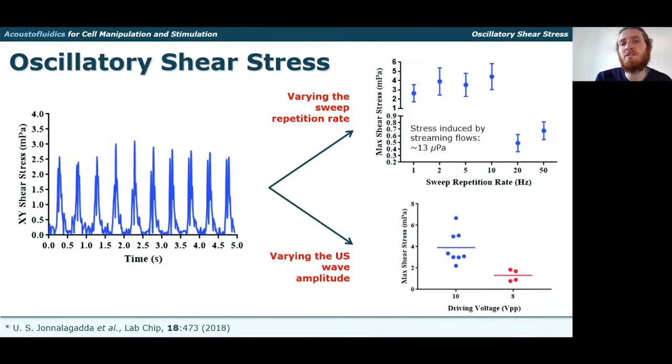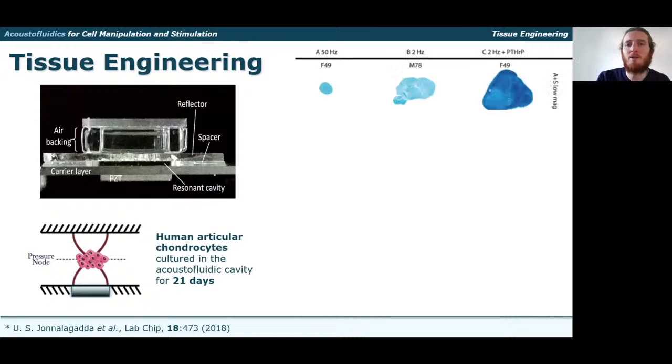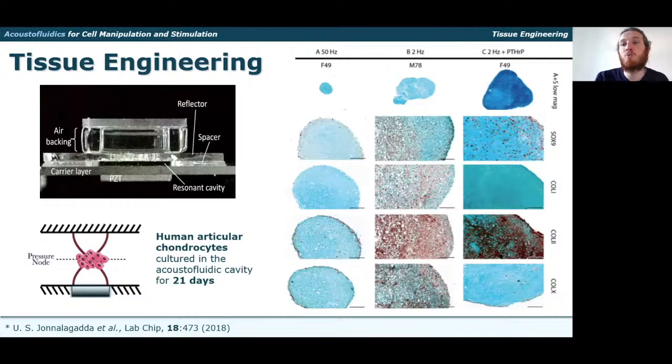So it is a convenient system to impart a range of dynamical shear stress fields over biological samples, and it has been applied to the generation of tissue engineering constructs. In this study, in particular, human articular chondrocytes were cultured for 21 days in suspension within an acoustofluidic cavity and subject to that type of oscillatory motion. And interestingly, by analyzing the sample that is extracted after culturing and comparing samples which have been exposed to different frequency sweep rates, one can observe that samples which were subject to lower sweep rates, which were the ones corresponding to greater